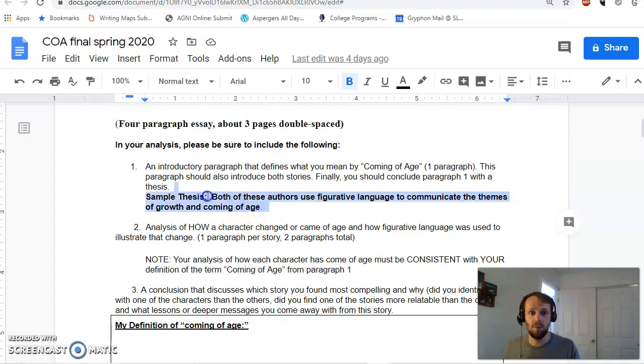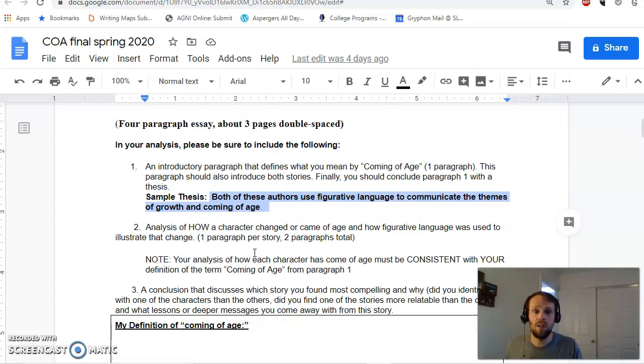I've given you a sample thesis here, and if you remember what the midterm was like, this thesis is somewhat similar. It's not like a Cat W thesis where I'm asking you to come up with an original critical thesis based on an essay prompt to talk about and defend your argument. This is more like you could use this thesis, and I encourage you to use this thesis or some version of this thesis